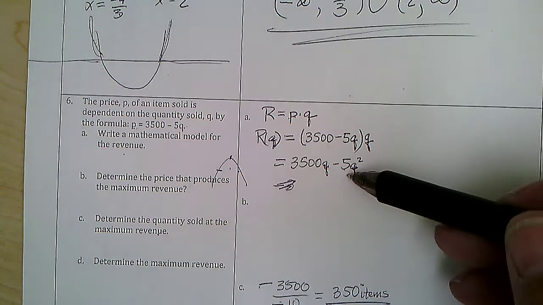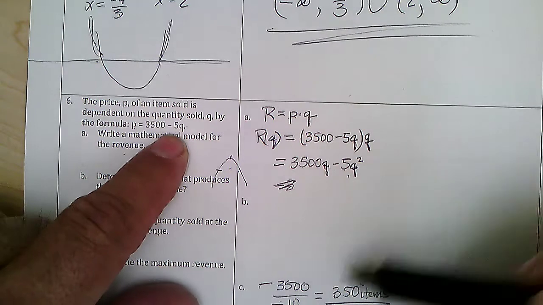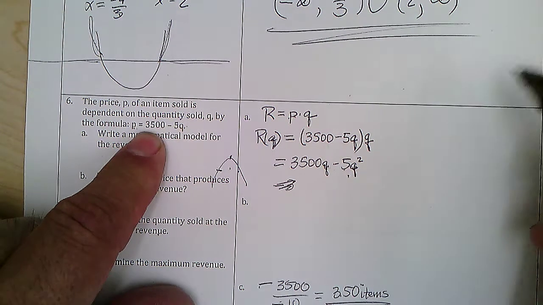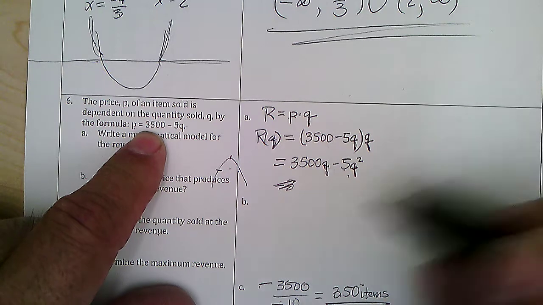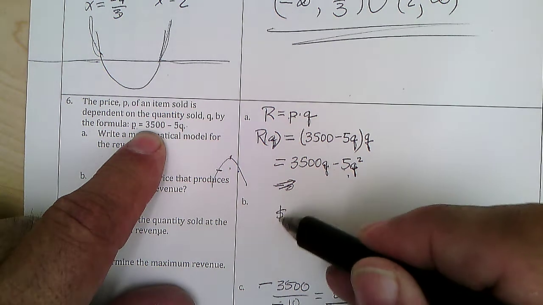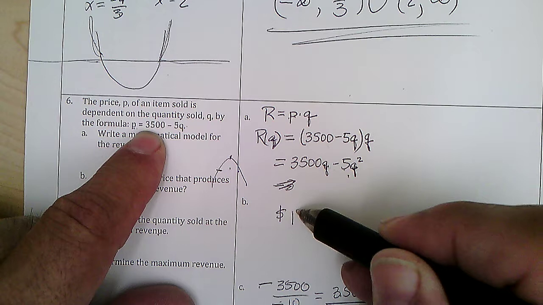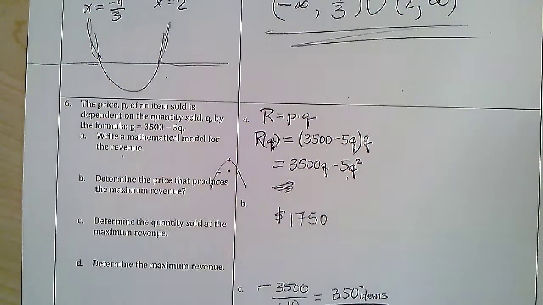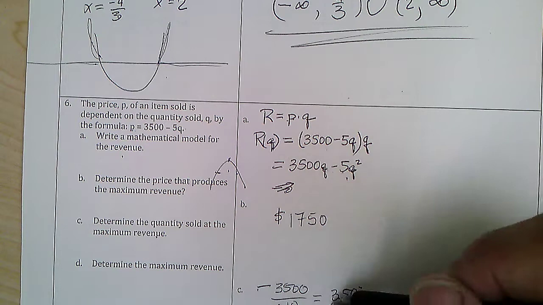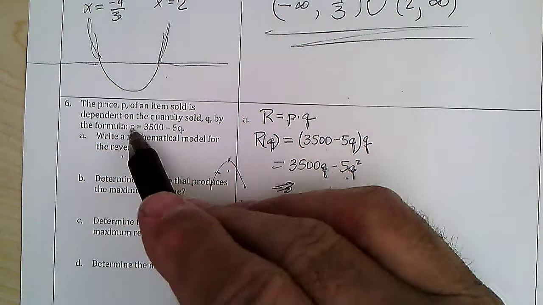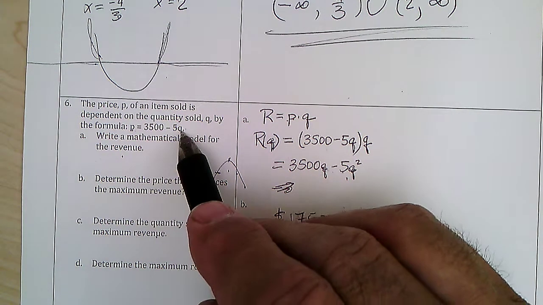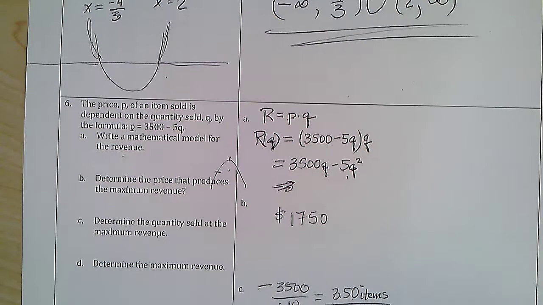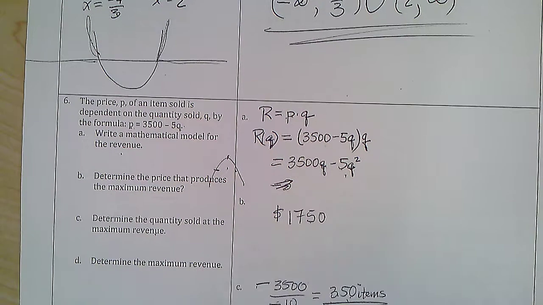If I want to get the price, I can put the 350 in here, multiply by 5, and take it from the 3,500, and that should be 1750, if I do my math in my head correctly. And since this was the quantity, this has to be price. The price is equal to this minus 5 times the quantity. And if we multiply these two,